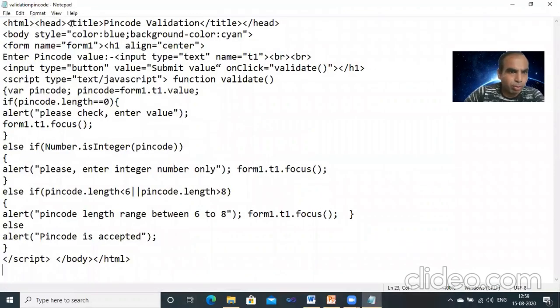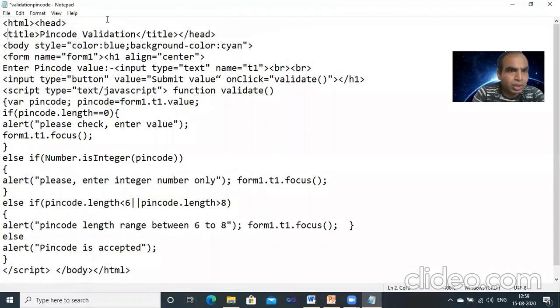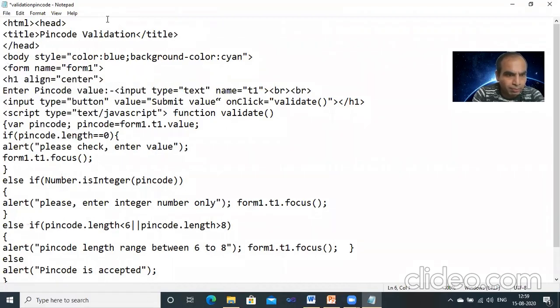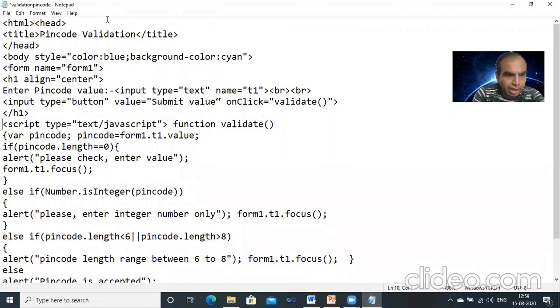Let's write it first. HTML, head, title: they give pin code validation. Close the head. They declare the body background color and color using inline CSS. They declare the form name form1. The heading is aligned with center, "enter pin code value," using one text box. Then they use the button, and on click they call the function validate. After that the heading one is closed.